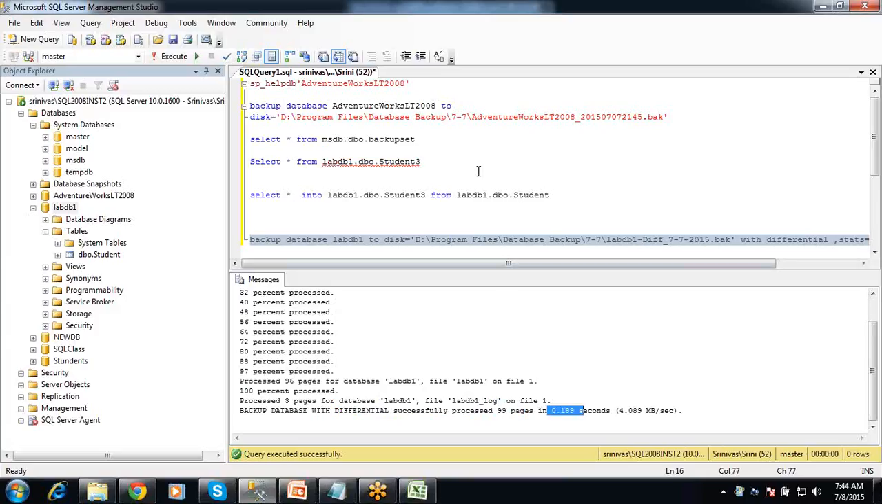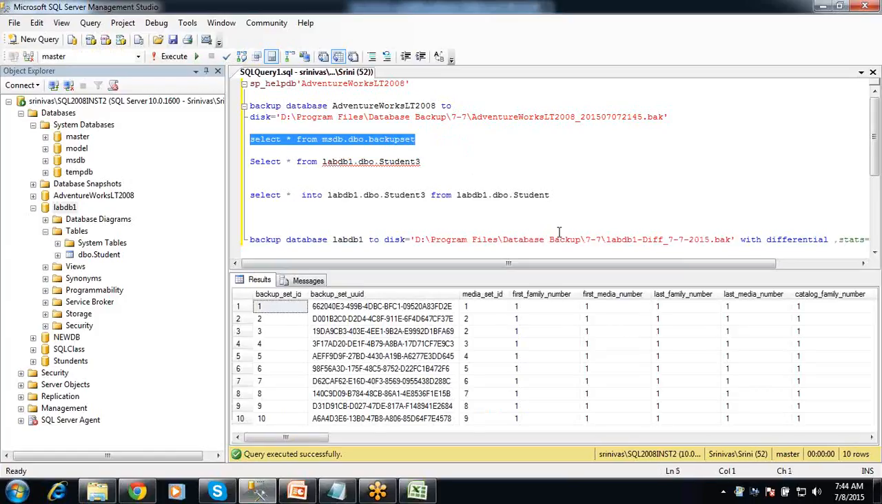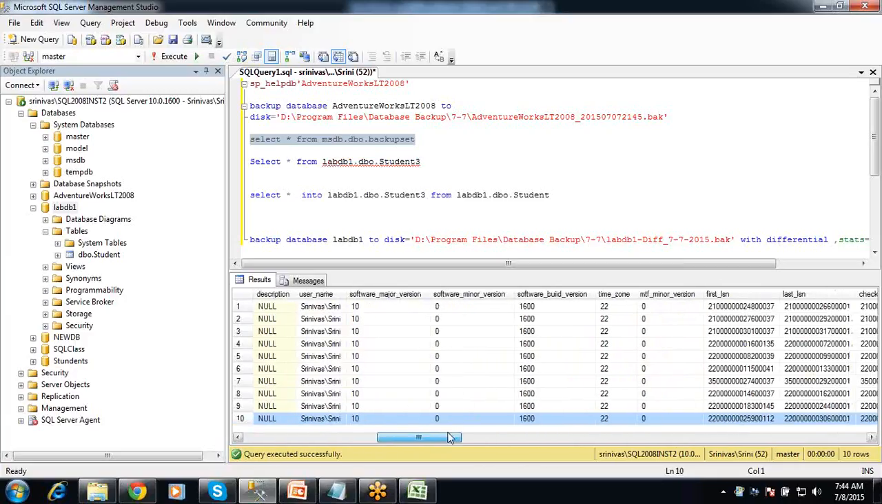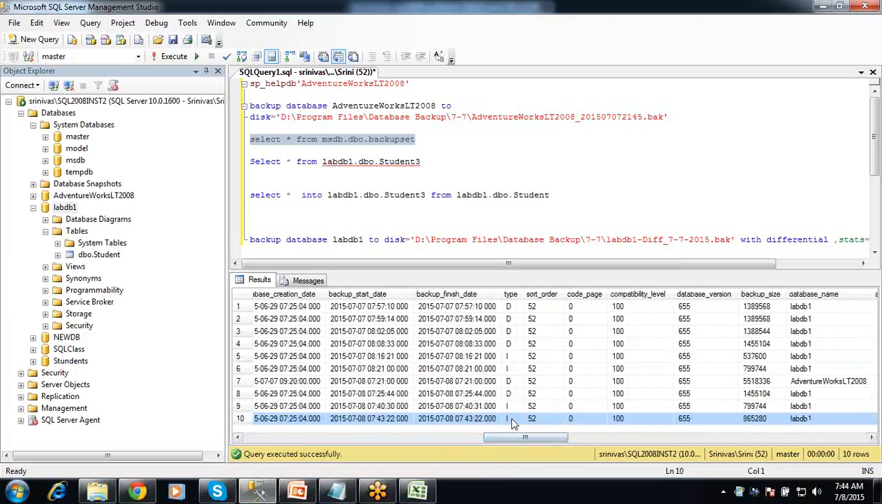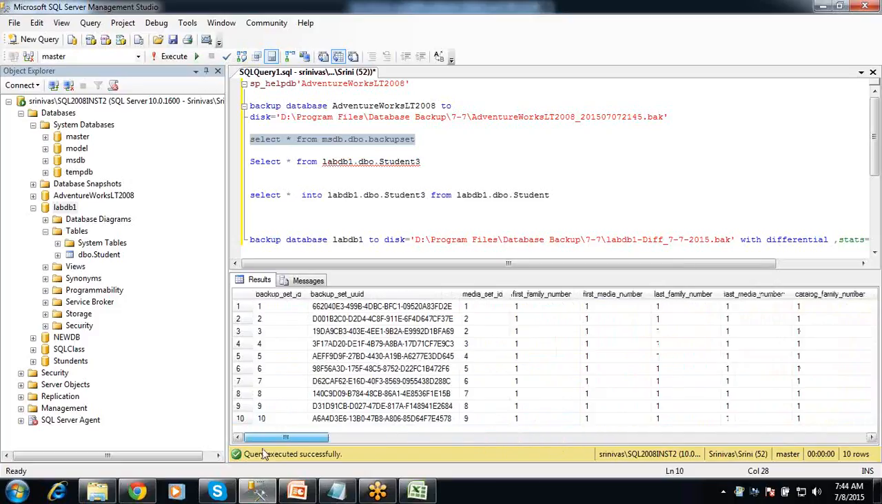If you see your backup set table, the MSDB backup set table, the latest one, the 10th one, is about our differential backup. We can see our incremental backup. I stands for incremental. Okay, now